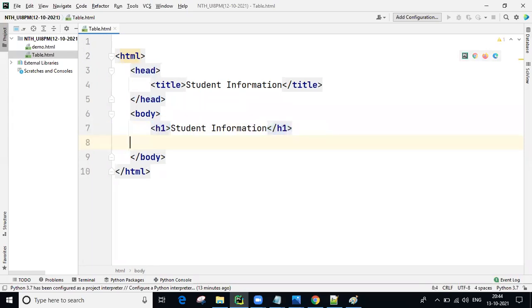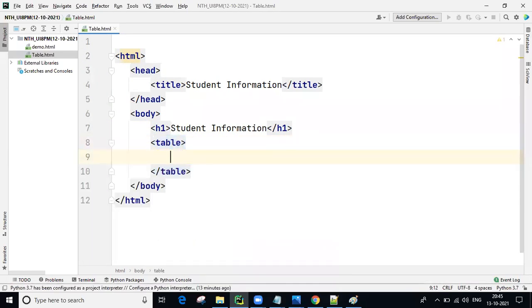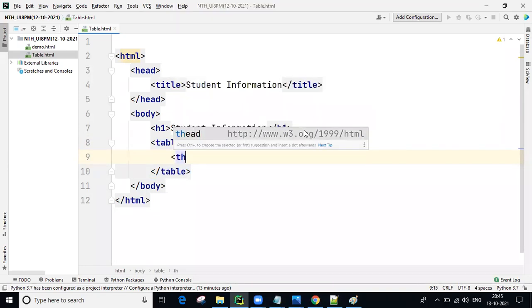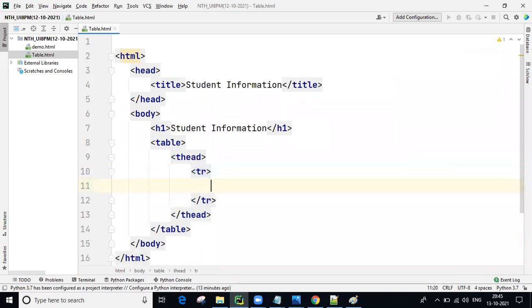So here I want to write the table tag, I opened. Inside this thead, see thead. Inside thead, one row required. tr, row means tr. Inside this row, one th. In this th, guys, student number. And this line, guys, duplicate.